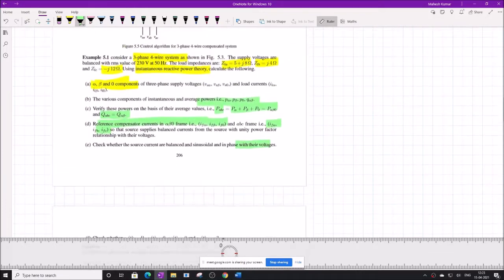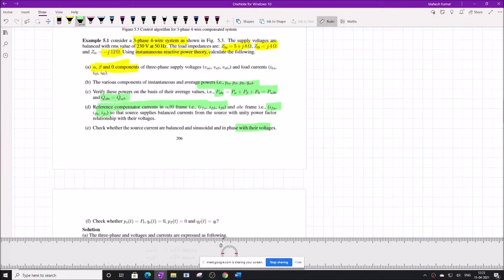This problem is actually quite laborious, but I simplified it to make it more analytical in nature so that you can solve it with simply a calculator, pen and paper without any difficulty. You need not go for a computer to simulate it, you can simply solve it. The simplification is that since we did not consider harmonics, there is only the fundamental, and therefore we can handle this on a phasor basis.